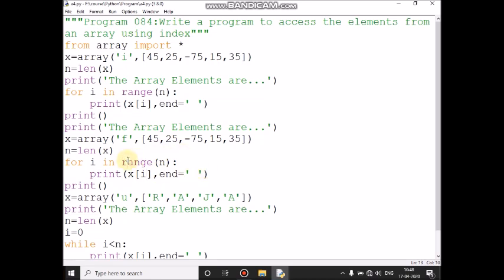Then control comes here, i value 3 plus 1 is 4, 4 in 4, the condition is true, so control comes here, and the x of fourth location value 35.0 will print, after that it will give one blank space, then control comes here, current value is 4 plus 1 is 5, 5 in 5, the condition is false, control comes to the immediate next statement, this print will give one blank line, then control comes here.